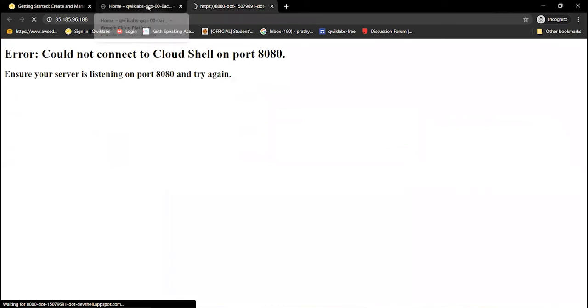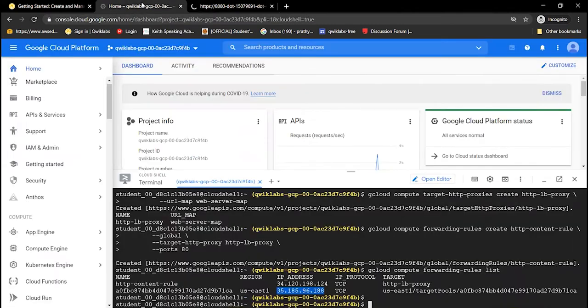After copying that, we need to open a new tab and paste that IP address in a new tab,